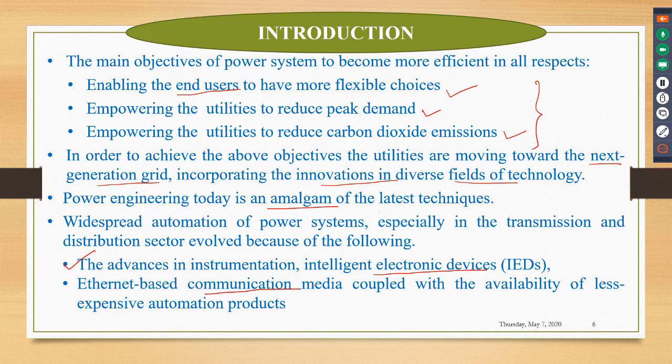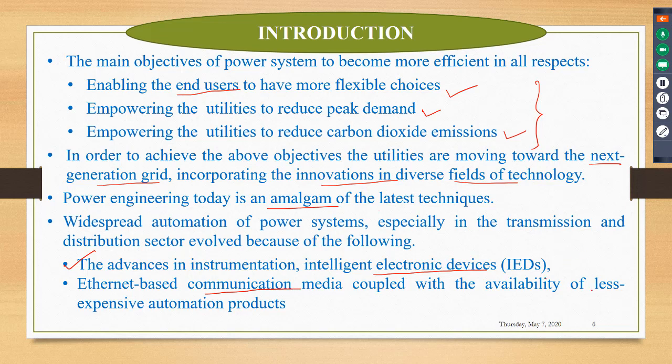This plays a very important role because the communication takes place between different entities in the power system through this Ethernet based communication media, coupled with availability of less expensive